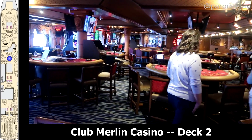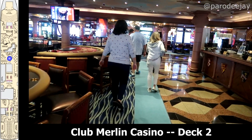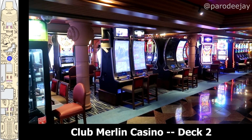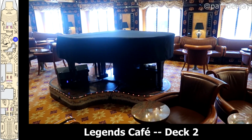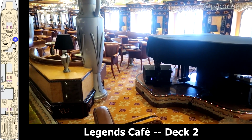And of course you've got all sorts of slot machines and video poker, table games, blackjack and craps, crane games. There's the little desk where you cash out and get all that money. And they do have some of these games that stay open while you're in port, but normally no gambling in port. There's the Legends Cafe area here also on Deck 2, where you have lots of trivia games and all